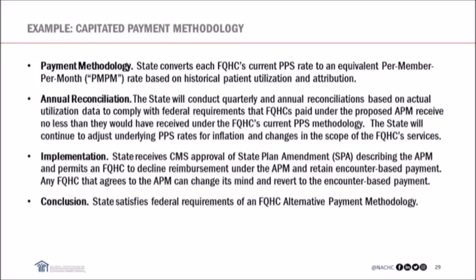Let's assume the state did the right thing and received approval from CMS for a state plan amendment describing the APM. Let's presume further that the FQHC had the right to decline reimbursement under the APM and retain its encounter-based payment methodology. And let's assume that the FQHC could also change its mind if they agreed to participate in the APM. Under all those circumstances and assumptions, the state would have satisfied the requirements of an alternative payment methodology and would allow the state